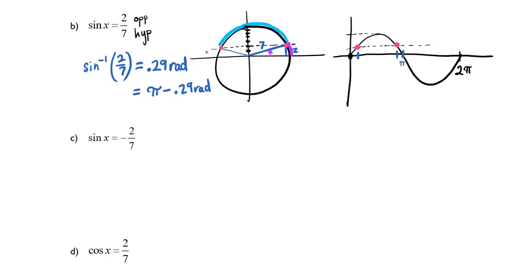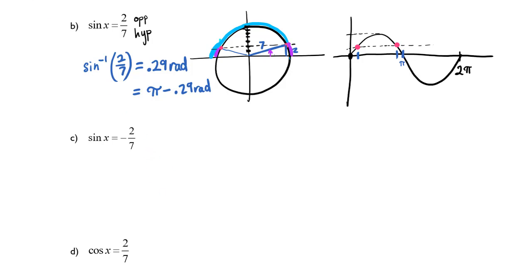If I get to just there, the remainder is that same radian length in the second quadrant. So I can go all the way to pi and then just subtract that little piece, that 0.29 radians. And that gives you the other value, which I think is pretty cool. Now let's do sine of x equals